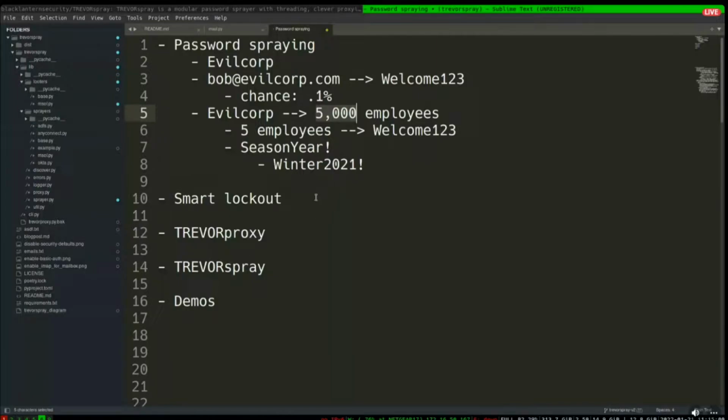But along came a thing called smart lockout. Essentially, what smart lockout does is take the source IP address of the authentication attempt into account. So instead of just saying, okay, if this account has a failed login this many times, lock it out, don't let anybody else guess passwords on that account,